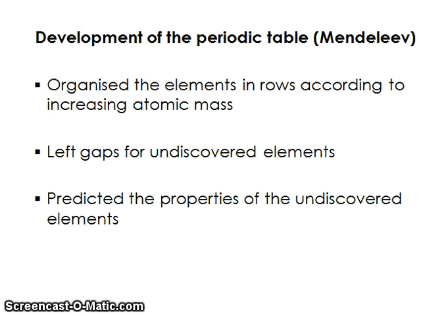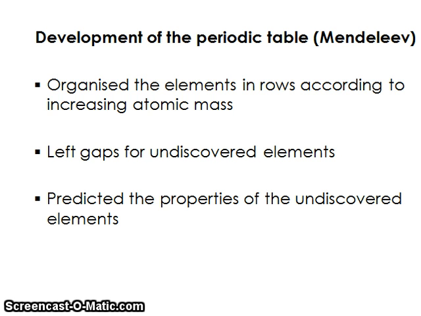although there were lots of other scientists who were involved, Mendeleev was the one who's actually credited with the development of the modern periodic table, and he's the one that we talk about a lot in lessons and the one that's remembered in public memory. But there were other people who contributed, but his was the most important contribution. So what he did was he organized the elements in rows according to increasing atomic mass. And he had them in groups of 7. So he had 7 columns, but they also went along in rows, and they increased going along the row by